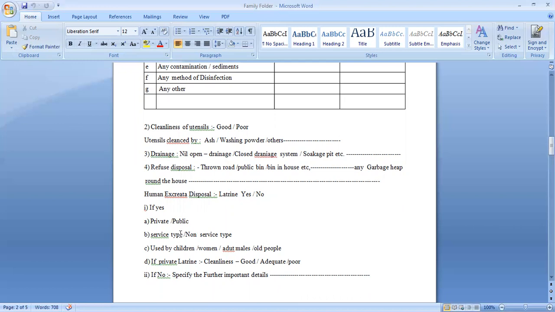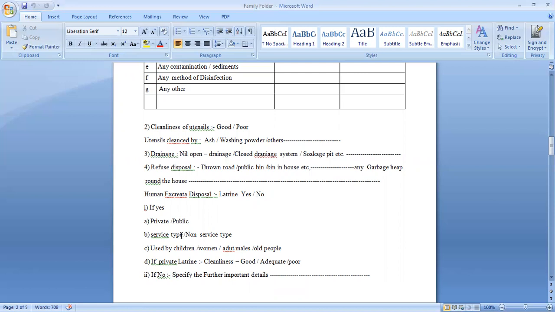Then whether the latrine is service type or non-service type. That means in the service type, the conservancy latrines, it is cleaned by a human being who comes daily to collect the